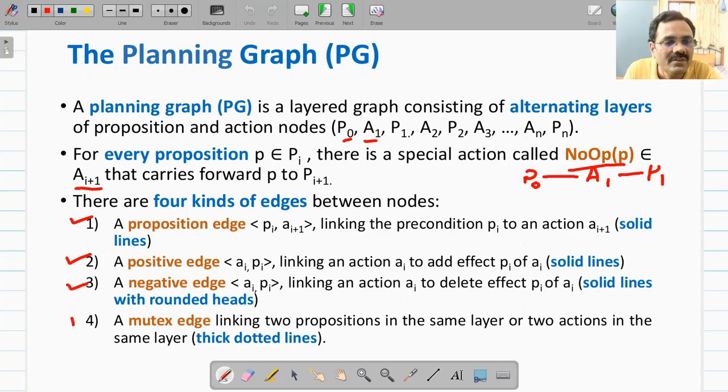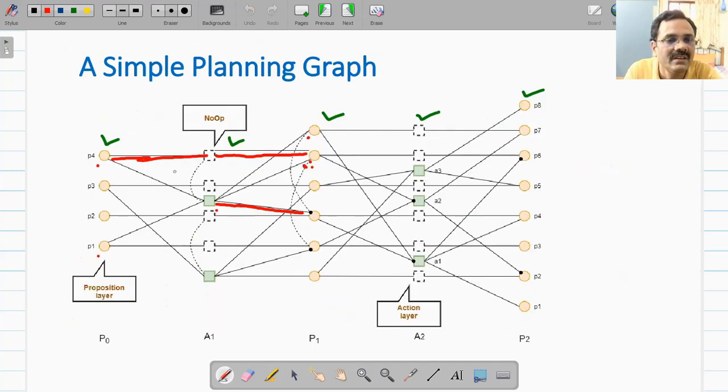Then we have the fourth type of edges. They are called mutex edges. They link two prepositions or two actions in the same layer, as you can see out here. Here, between two actions, this is a dotted line connecting these two actions. Similarly, these two actions are connected by a dotted line.